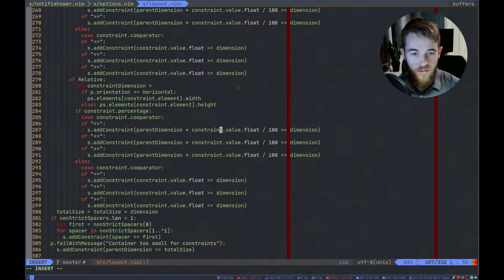So all of these should be not constraint value float. These should be constraint dimension, I believe. There we go. Same for these. I'm gonna go back and clean this up because now we have a DRY violation here again.